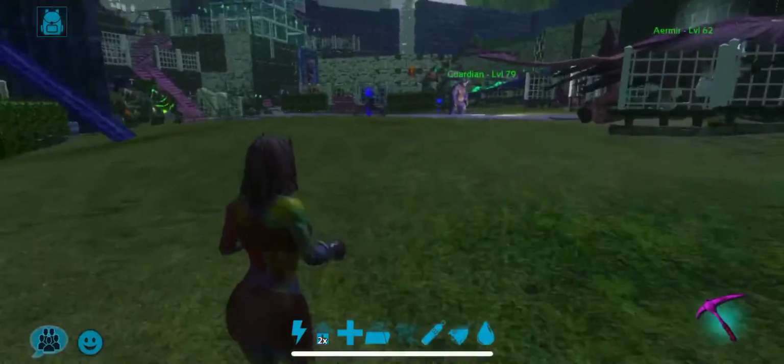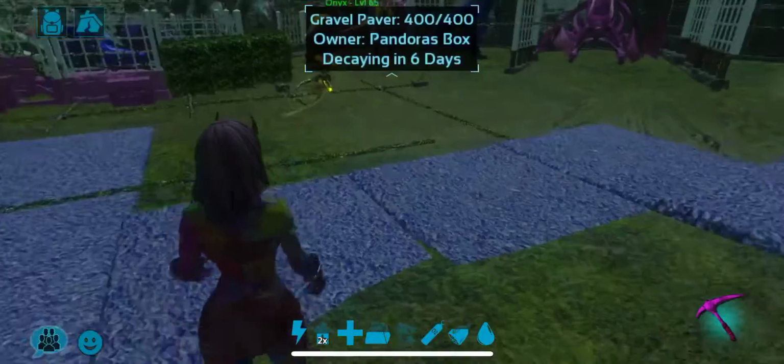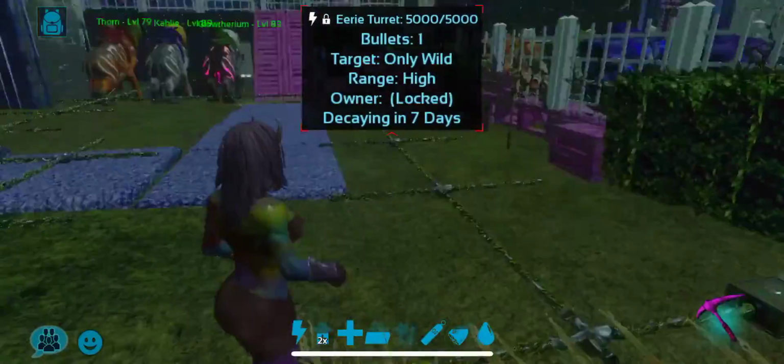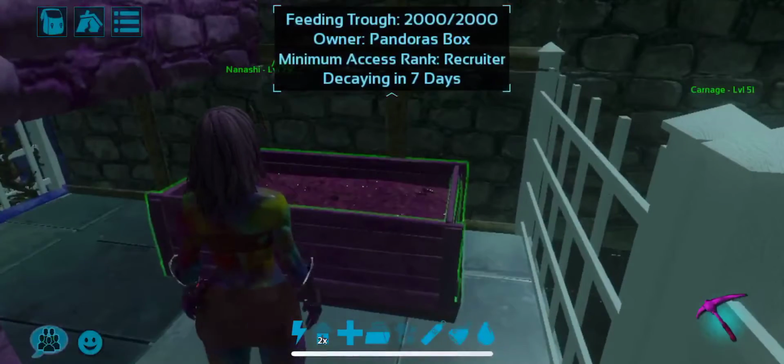Alright, so I'll go back here. Now the next one up is good old feeding. So I've got feeding troughs placed all around. I always have berries in there,